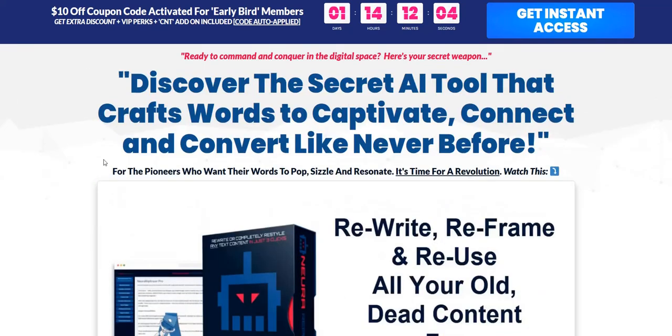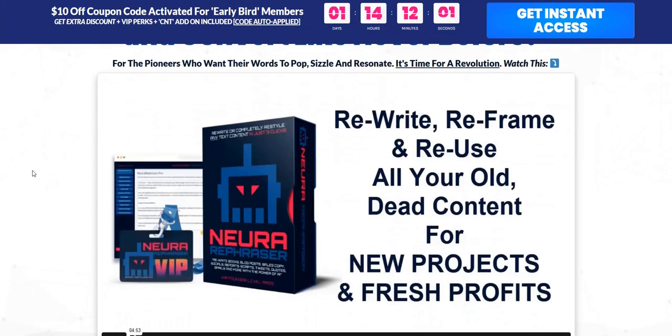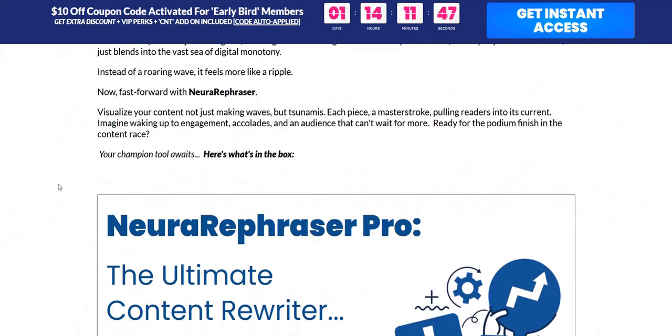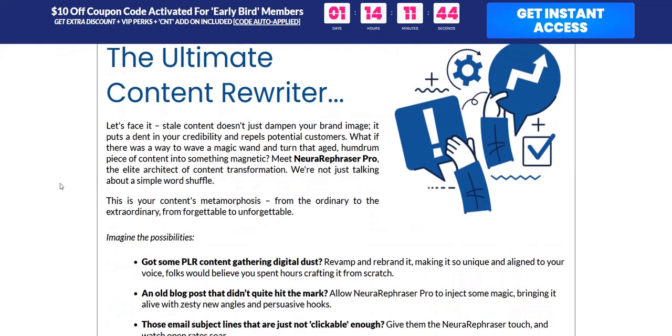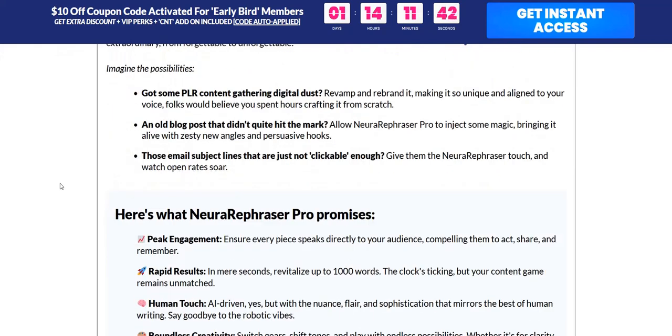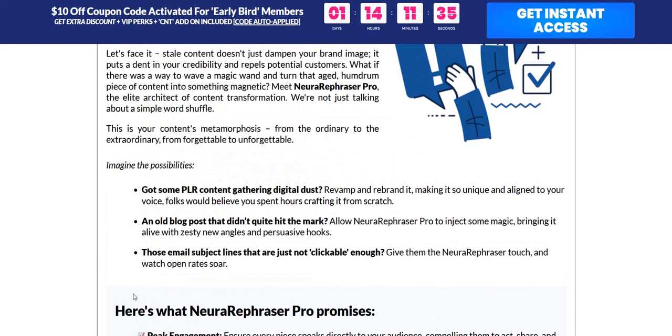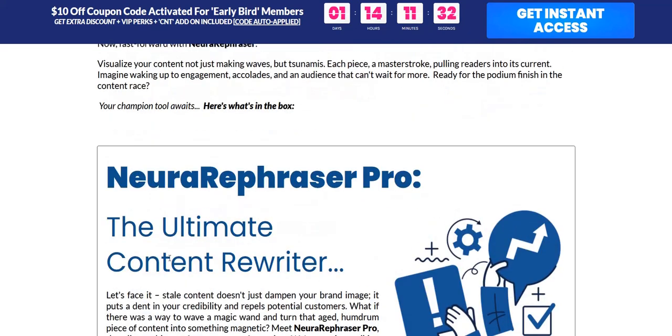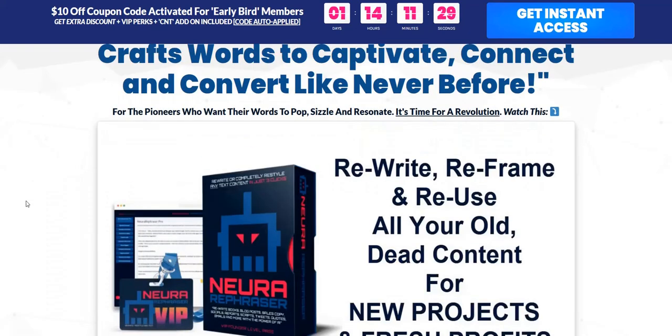My only skepticism of software tools like this is you can often achieve something quite close for free using ChatGPT. Now, inside the members area, you do plug in your OpenAI key, which is essentially the ChatGPT style software, but then you get to take advantage of the Neura Rephraser software predefined prompts and styles and tones and their own methods of rewriting it. So it's not just using ChatGPT as is. You've got the special pre-programmed prompts that this team have created,